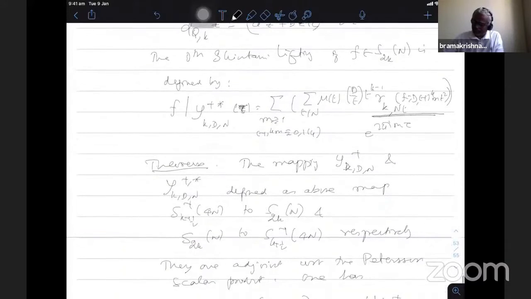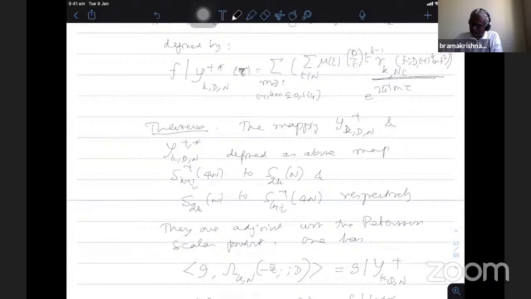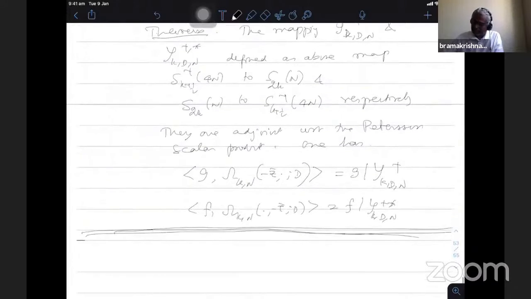So the fact now is that this St and St star are adjoint to each other with respect to the Petersson scalar product, and they map the space of half integral weight to integral and integral to half integral. This exact mapping is given in terms of the inner product of g with this omega function. As a function of tau, you get this inner product. The second one is the inner product with respect to z. So this is the inner product with respect to tau, which is a function of z. It is the inner product with respect to z, it is a function of tau. So as a function of z, it is integral weight. As a function of tau, it is a half integral weight form.